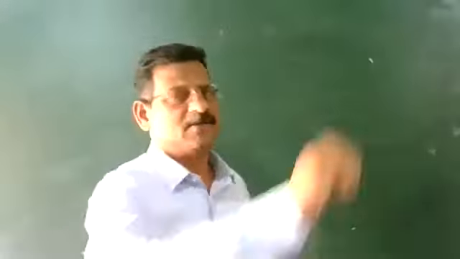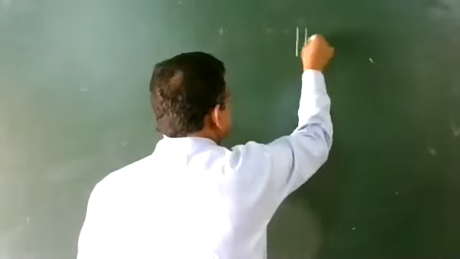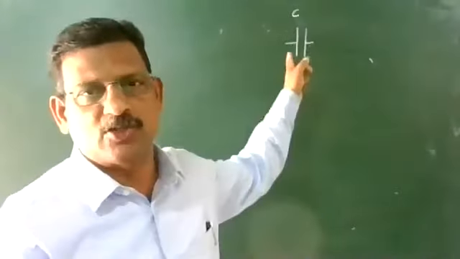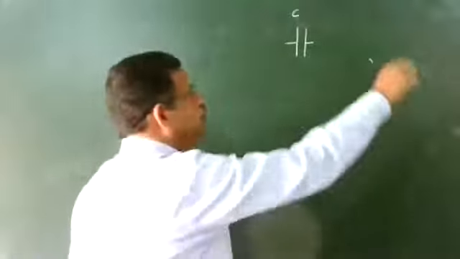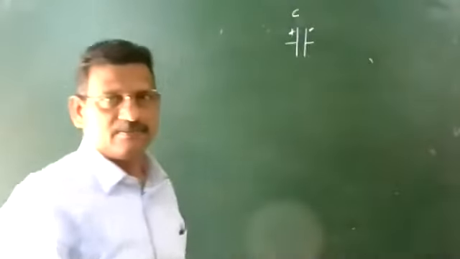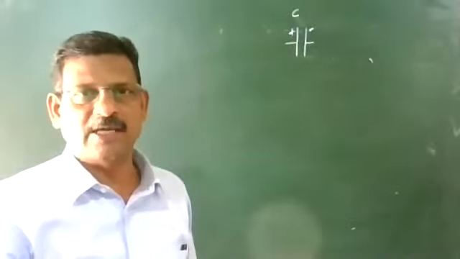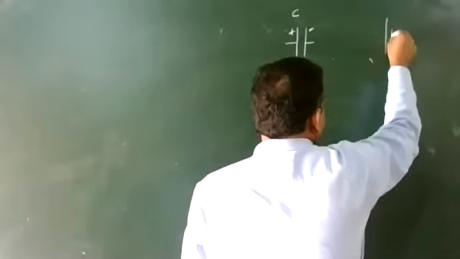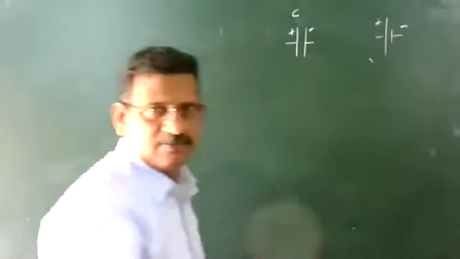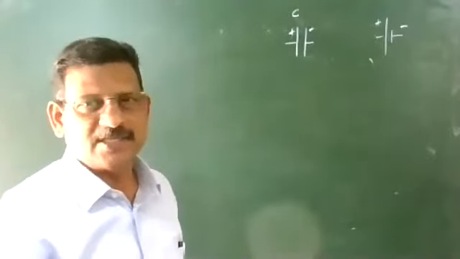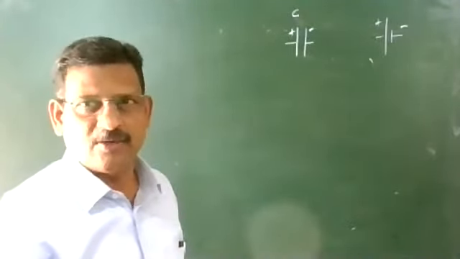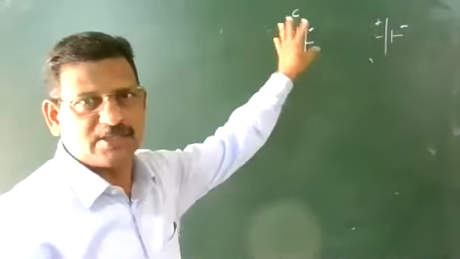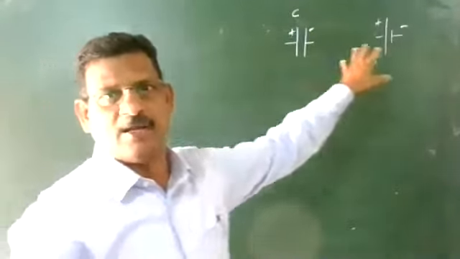So we have a capacitor. You are given a capacitor of capacitance C. This is the symbolic representation of a capacitor: 2 parallel lines of equal length. If 2 parallel lines, one shorter and one longer, what does it represent? Anyone? Battery. That is a cell, and 2 cells connected make a battery. So both are parallel lines, but 2 equal parallel lines is the representation of a capacitor, and this is the representation of a cell.